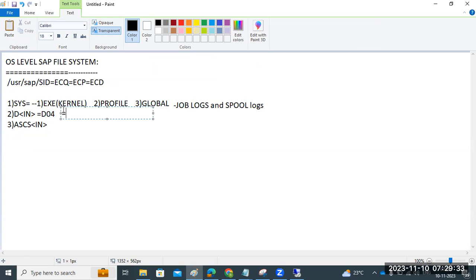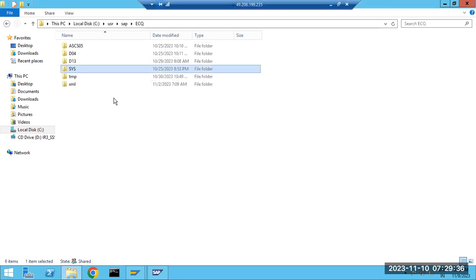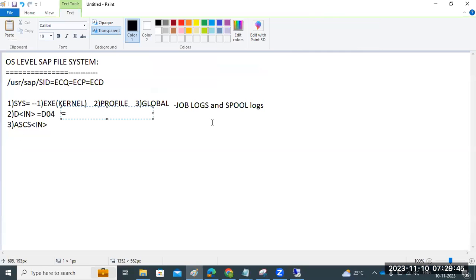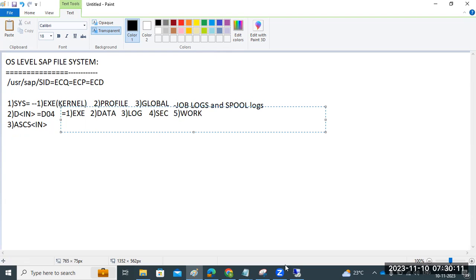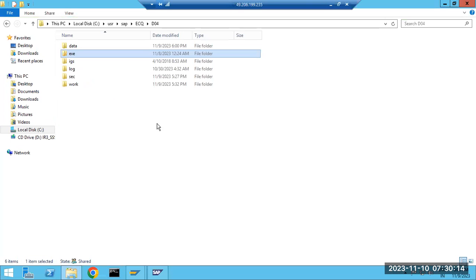In the application server directory we also have the exe folder, which is the kernel folder, then the data folder, then the log folder, then the sec directory, then the work directory. These five directories are very important.